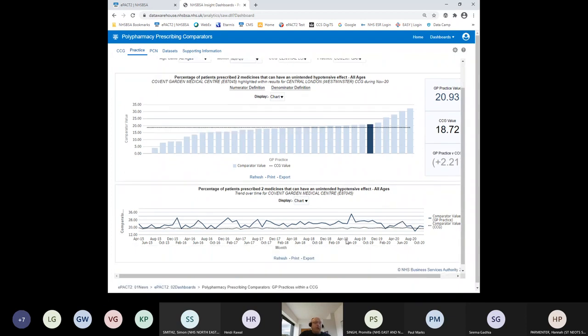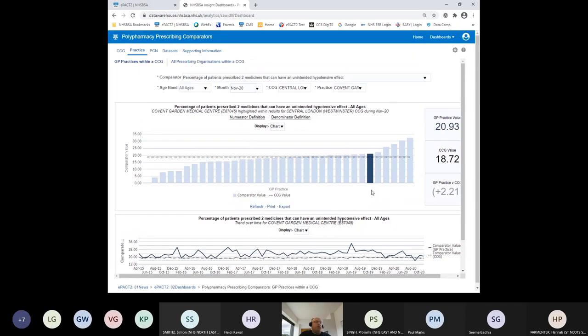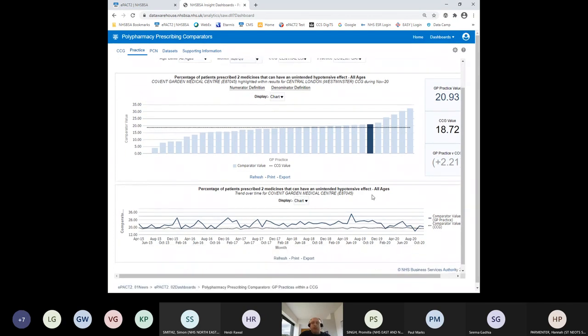And I can see a trend over time line chart that's giving me an indication of any changes in prescribing over that longer time period. Again, exactly the same on all of the views. If you want to switch between a chart and data view, you can do. You've got that display option, which will allow you to flick through the 2 different areas. And if I want to take any information out, I can print and export the individual views or the entire